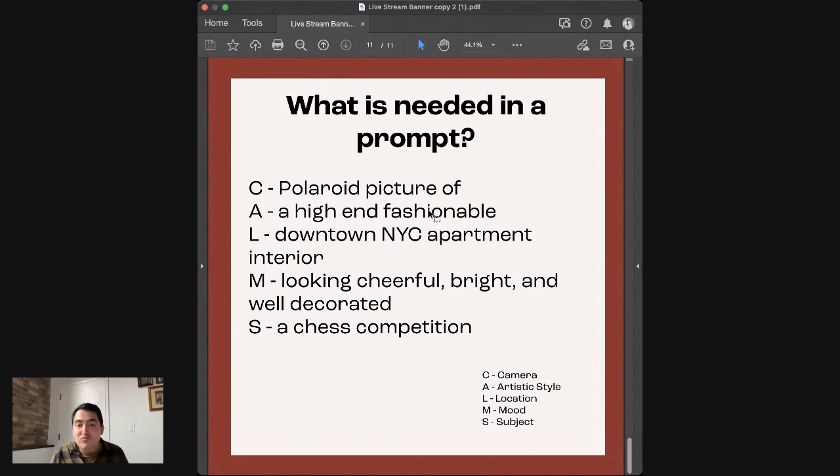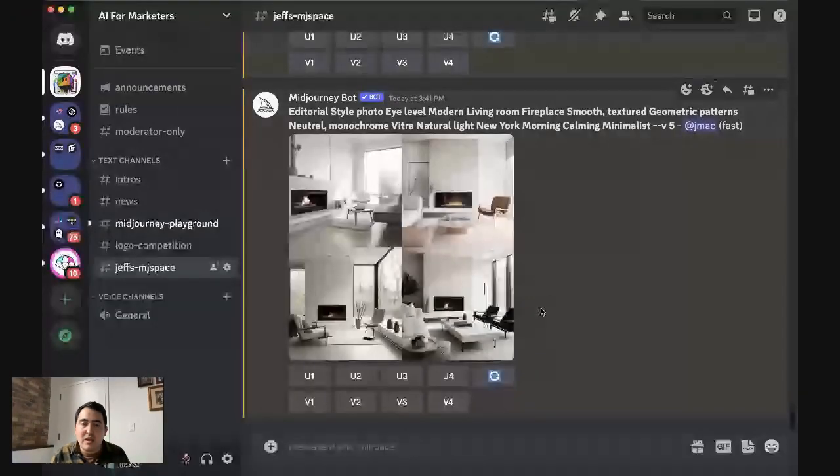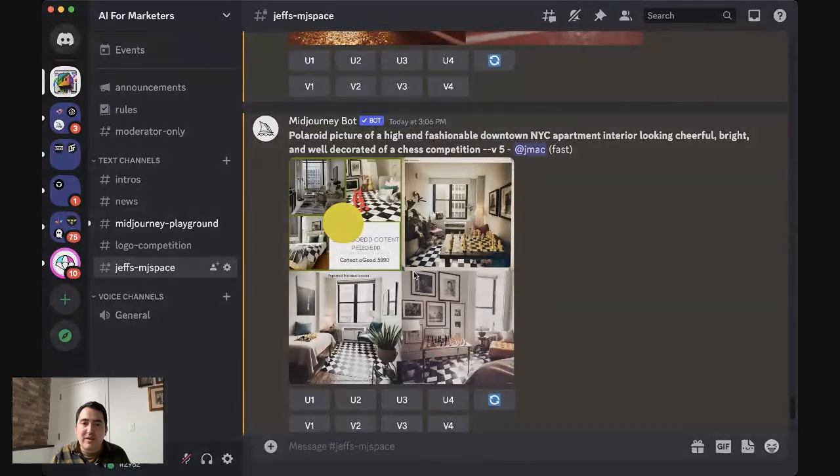So let's go ahead. I wrote this prompt out. Let's go ahead and see what Midjourney V5 came up with. I literally generated that right before I went live. If you joined us in the first couple of minutes, you heard me speaking out loud this prompt because I was making sure that is exactly what I wanted. So we'll go ahead and see what it did. I think we're going to need to adjust a couple of parameters to get exactly what we want. Yeah, so it was before here.